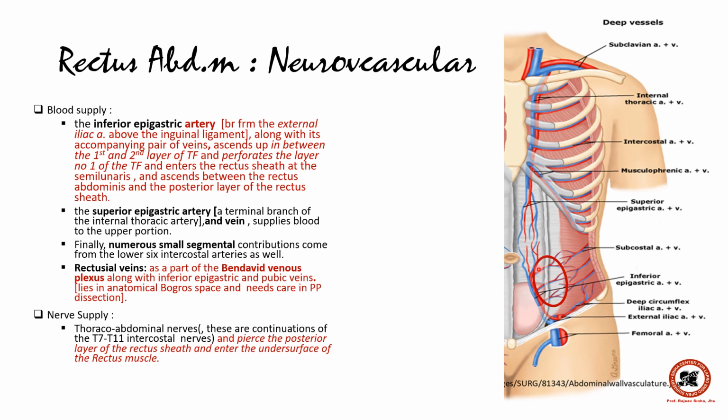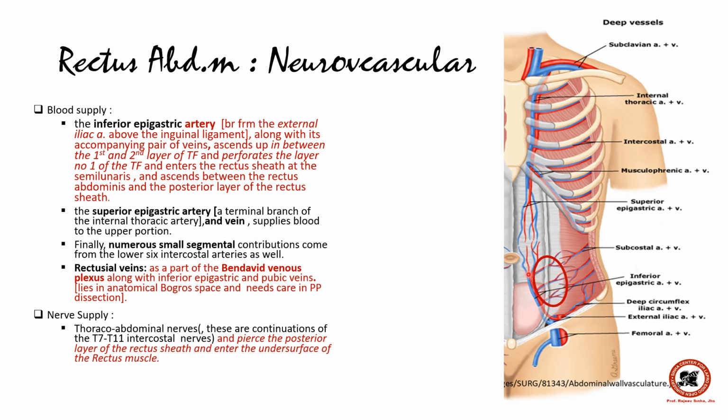In addition to this, it also gives rise to a number of perforators, and these perforators are important, especially in the periumbilical region and the midline. The venous drainage is through the corresponding veins, but what needs to be stressed is that these rectus veins, which drain the rectus muscle, make contact with the inferior epigastric vessel and the pubic vein, giving rise to a very rich venous plexus known as the plexus of Bendavid,